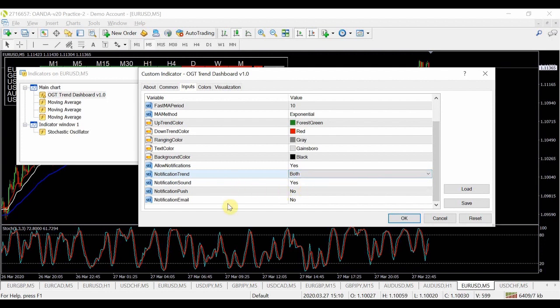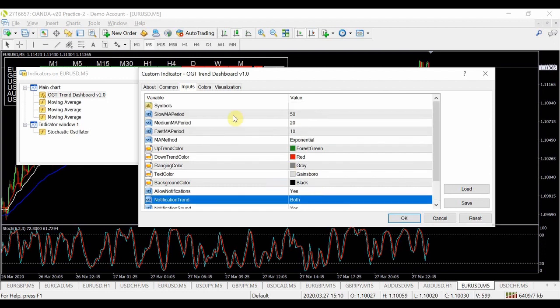And then you've got your different notification settings. So again, you can have a sound alert, push notification to your smartphone, or again email if you've got that email set up inside your options. So that's one way you can do it there. So the only change I've made is I've taken off all the symbols,